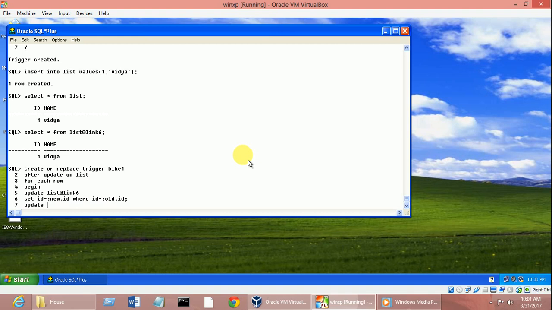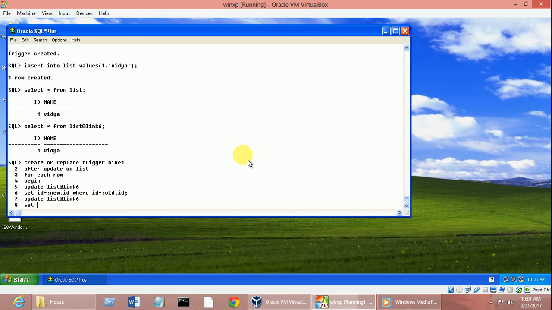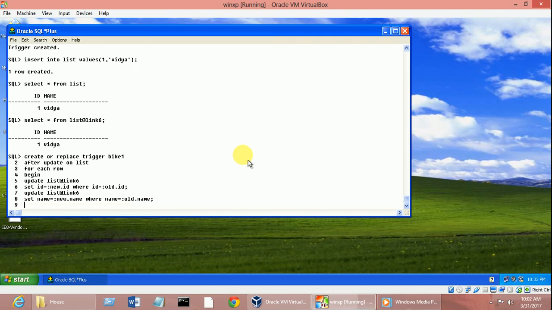After update list at the rate link 6, now it's time to change the name. So set name is equals to :new.name, where name is equals to :old.name. Now it's done, semicolon, enter, and now end and slash.